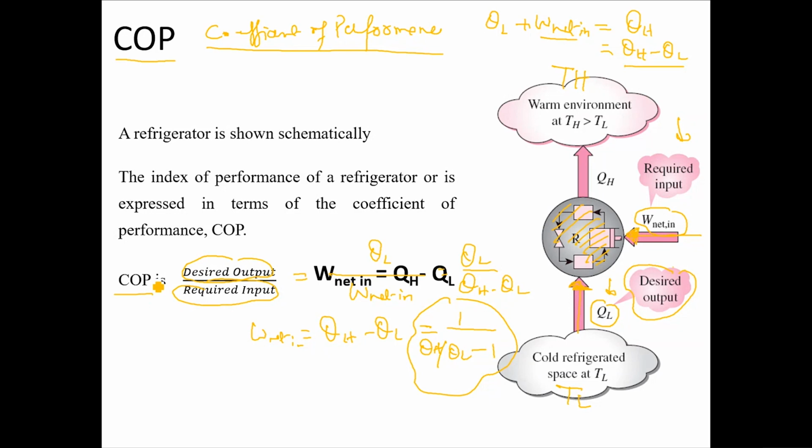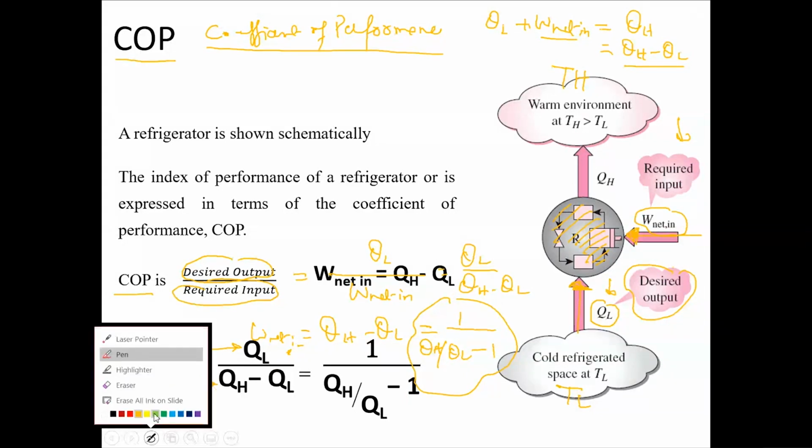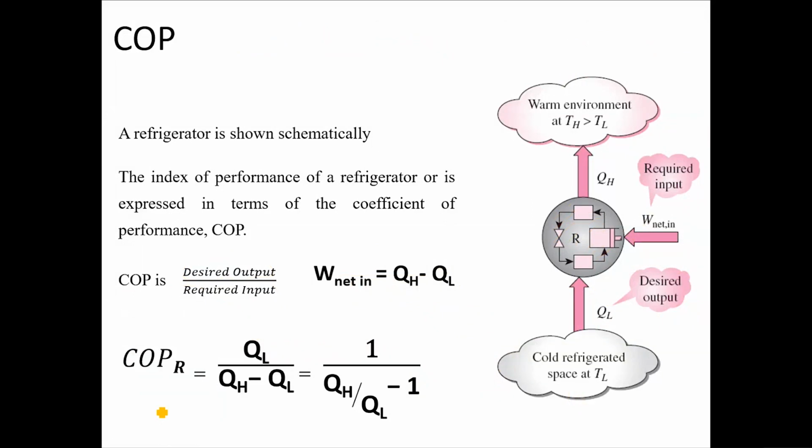So work net is QH minus QL, COP_R. R means when you're talking about a refrigerator. Coefficient of performance of a refrigerator is QL over QH minus QL. You divide every variable by QL, so you'll have 1 divided by QH over QL minus 1. Is this clear to you? Yes, sir. Now,